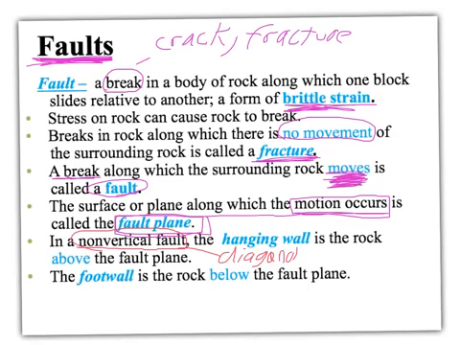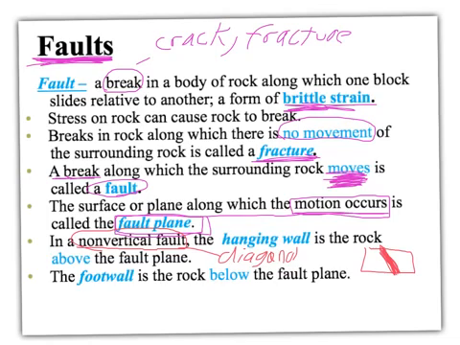Alright, we got a diagonal fault. So if this is our big block of rock, here is our fault right here. The rocks that are above the fault plane are the hanging wall, and the rocks that are below the fault plane are the footwall. As we see examples of the different faults, I'm going to point out the footwall and the hanging wall to you